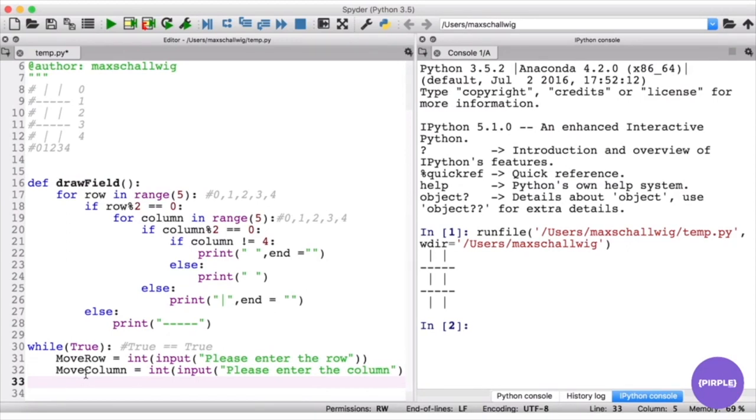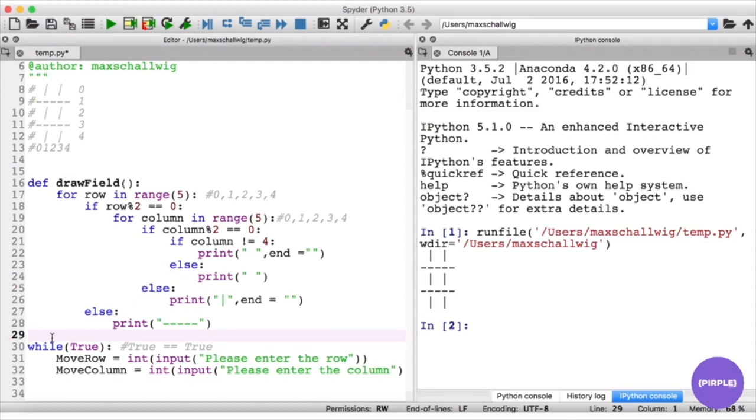So the best thing that we can do to apply this is we have to kind of save this as a list. So there are two things actually that we need to do. One of them is we need to apply the move, and we need to save the move. So that's one thing. We need to apply and save the move. The second thing that we need to do is we need to check which player's turn it is. So do we put it in X or an O? So let's start off